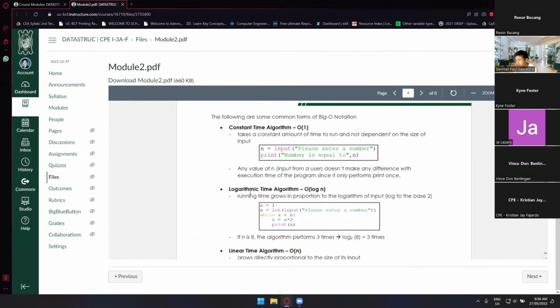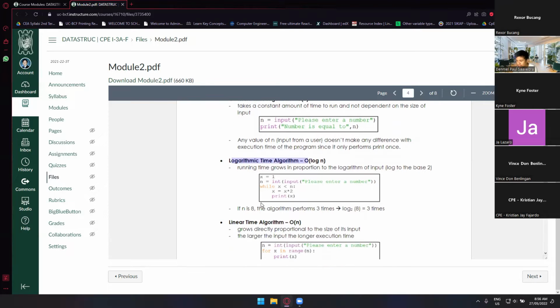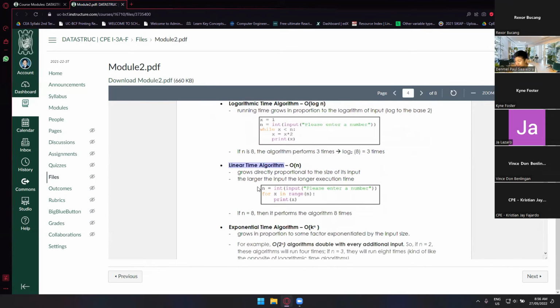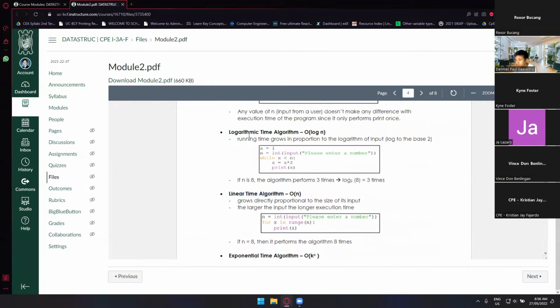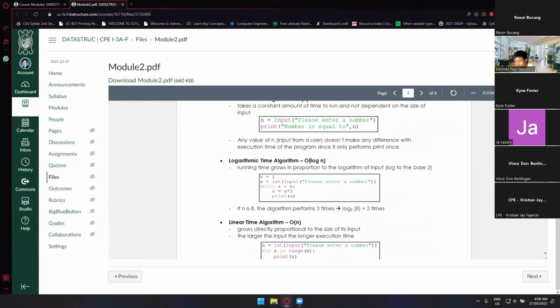It will only be noticeable if we have this kind of expression, or let's say, algorithm. The first one is the logarithmic time algorithm, or O and then log of n. The running time grows in proportion to the logarithm of input, so log to the base 2. So we have this sample